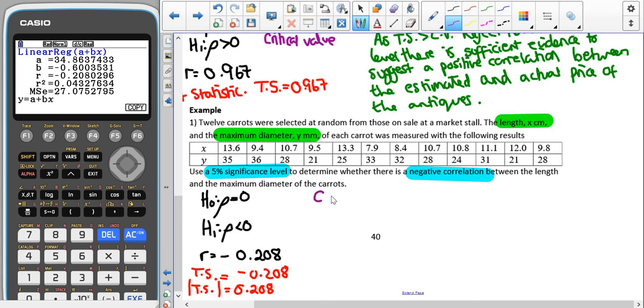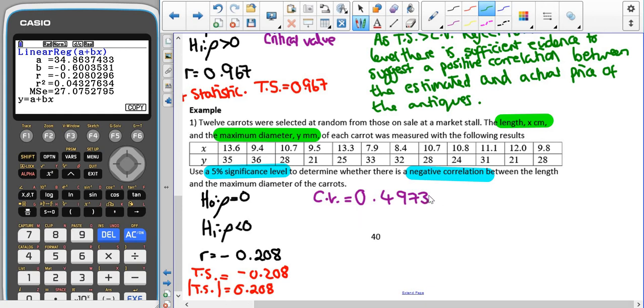So this time the critical value, you are actually going to have to get your formula booklet out. Remember page 23. It's one-tailed because it says negative. It's 5%. We have 12 pieces of data, we're told there, and you can also count 1, 2, 3, 4, 5, 6, 7, 8, 9, 10, 11, 12. And that ends up giving me 0.4973. So we can see this time that our correlation, our size of the test statistic, is not as big